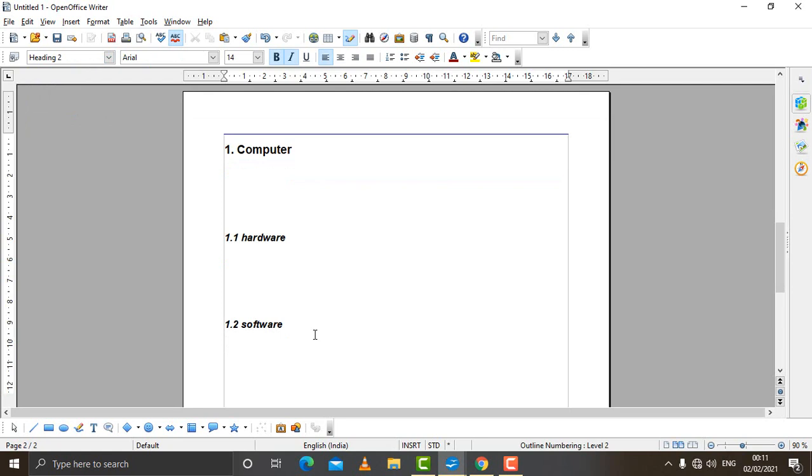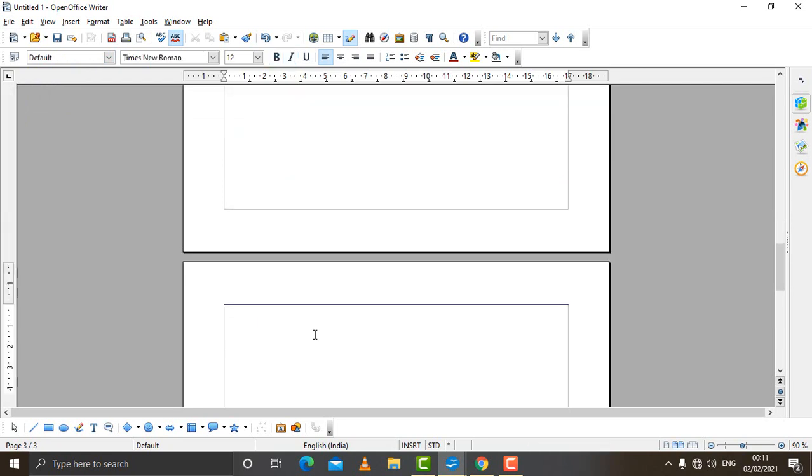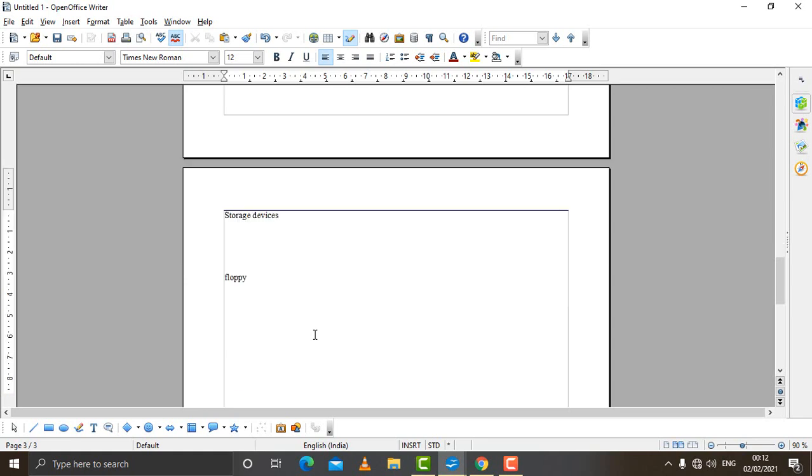Okay. Now come to the next page, Control Enter. Say for example the next heading I'll take is Storage Devices. Suppose the description will be there. Then the next heading will be suppose Floppy, the description, and the next heading will be suppose Hard Drive or Hard Disk, and it should go on and on.